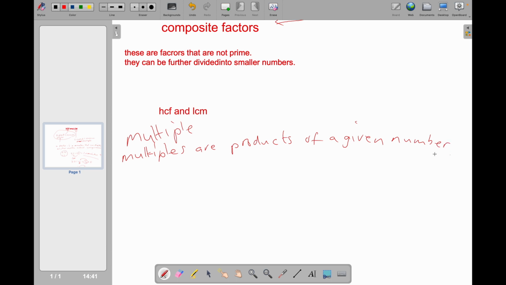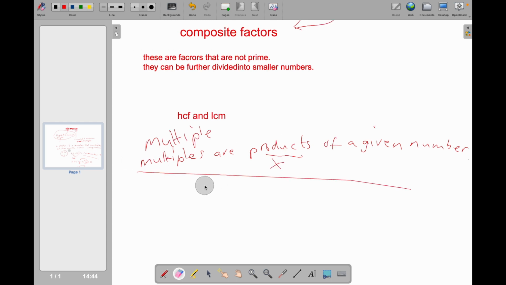Multiples are products of a given number and any other integer. A multiple of a number is obtained by multiplying that number by another whole number. So multiples are products of a given number. Now what I'm trying to say here is, let's take for example, we are looking for multiples